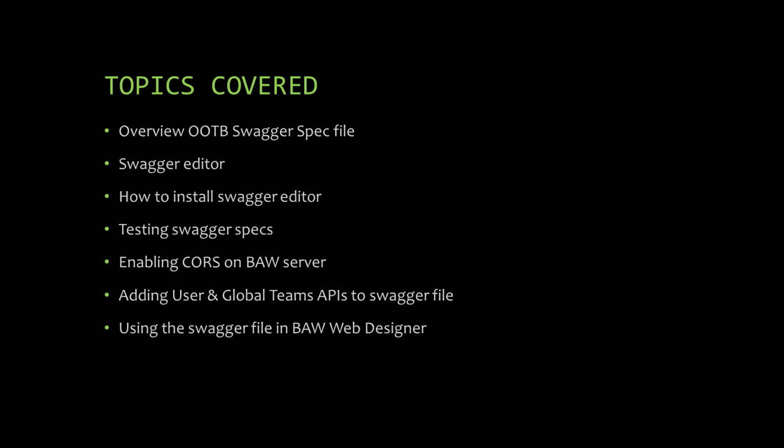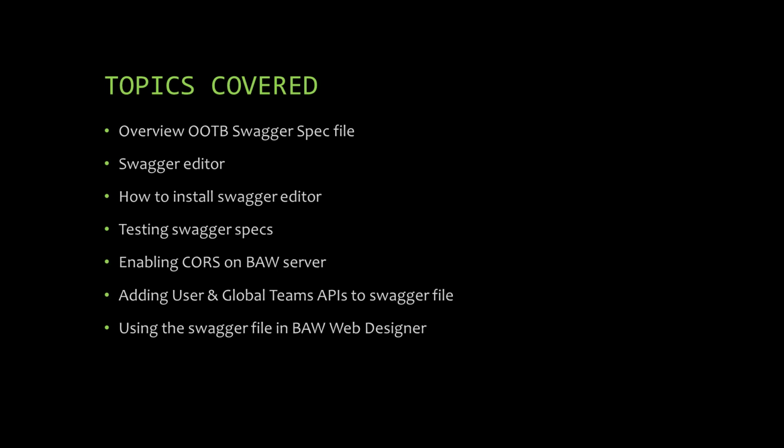First, we will look at the Swagger specification file that comes out of the box when you install BAW server. And then we will look at the Swagger editor, and then we will install that Swagger editor in a Linux machine, and then we will see how to enable the CORS, cross-origin resource sharing, on the BAW server. Once you enable that, we can test the APIs with the Swagger editor that we installed locally,